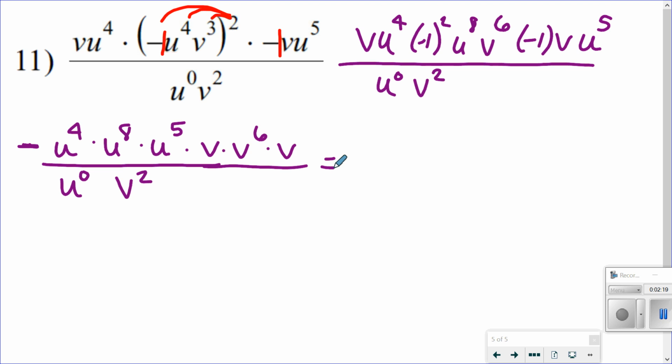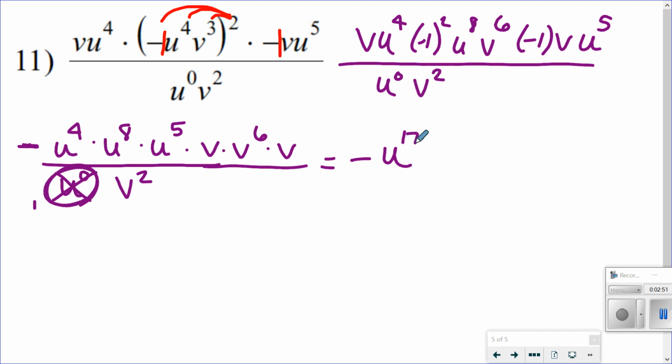All right, first off, u to the 0. Anytime you have something raised to the 0 power besides 0, you always get a 1. So I can technically just ignore that. That's the same thing as 1. Looking at the u's in the numerator, bases are the same. I'm multiplying, so I add my exponents. So I have a 4, an 8, and a 5. So that gives me, don't forget your negative sign, u to the 4 plus 8 plus 5,